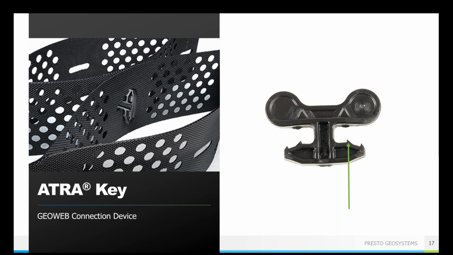And so these barbs are a recent improvement to the ATRA key, and collectively all of the features of the key provide added protection against the three primary modes of mechanical junction failure, including shearing, splitting, and peeling. Additionally, we have evaluated the factor of safety for the ATRA key connection in our project evaluations.